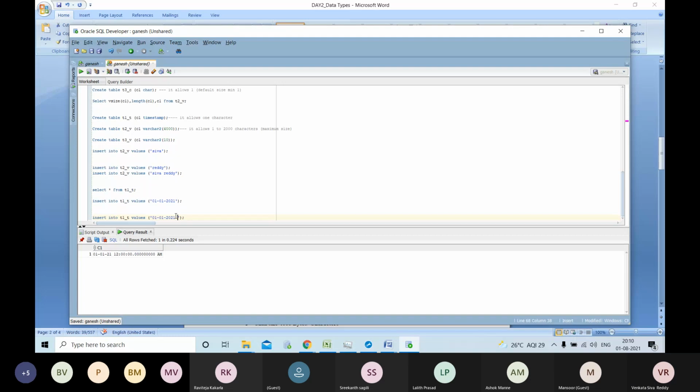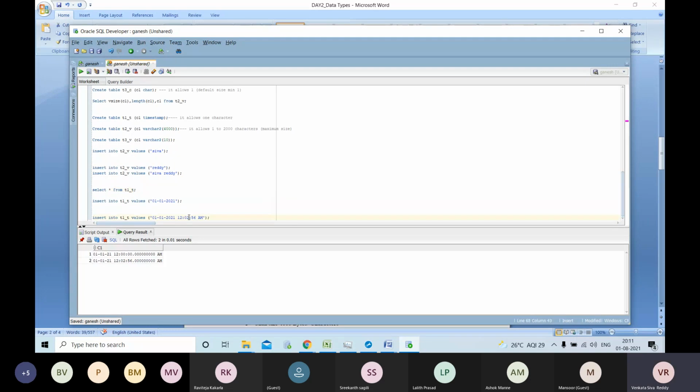So I'm going to use 12 hours as of now, hours, minutes, seconds, and AM or PM we need to mention, right? Now I am going to insert this one. That is allowed. Now I mentioned 12 to 56. It is inserted.